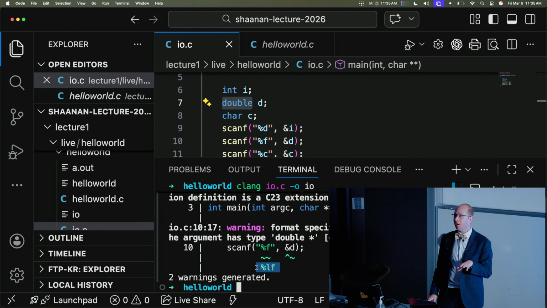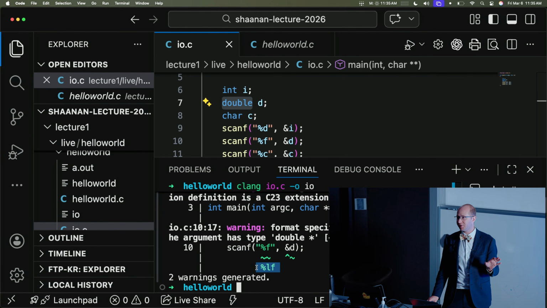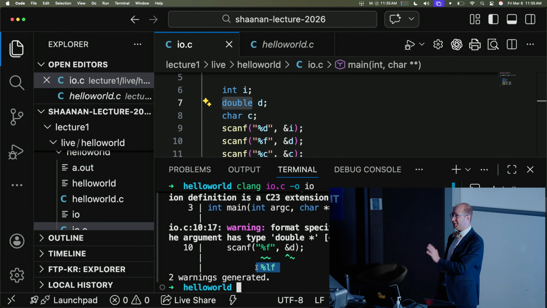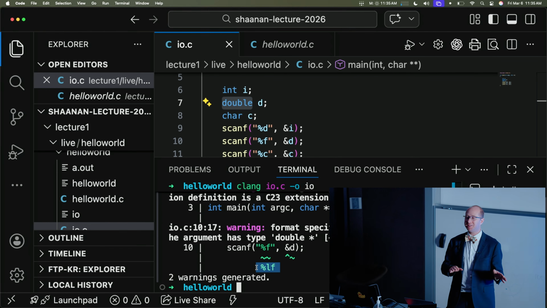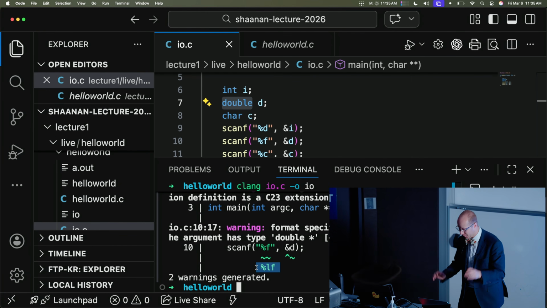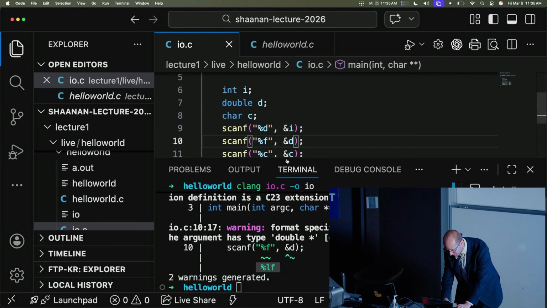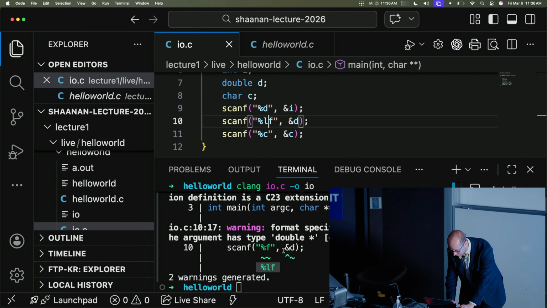So I've used that here because we're going to use doubles for our semester rather than floats. Floats do get used in a couple of places now that AI is around, but for a long time I was saying, whenever you need a number with a decimal point, just use a double because it's more accurate and it has more space in it. So we're going to follow the advice of the compiler and put an L in there.